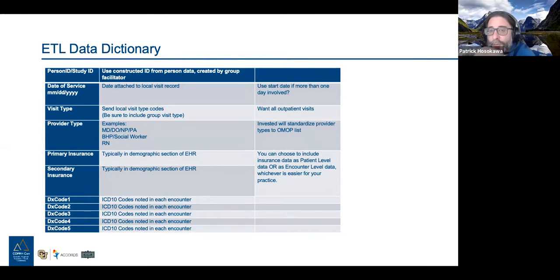Now, OMOP goes past that. In many projects, you'll deal with a local list of values. The problem is that each person doing a project will come up with their own list of values. So if you want to combine up to a larger level, you need those to be consistent. So what OMOP does is it puts out a set list of visit types, basically trying to cover everything you might have locally, and then puts those into standardized codes so that a face-to-face visit is visit type 2, and that's true of any OMOP database, which helps keep these things much more harmonized. Provider type is similar.